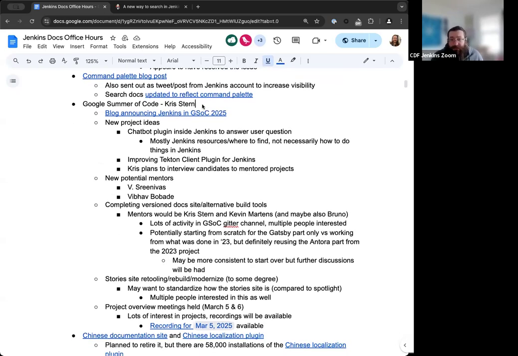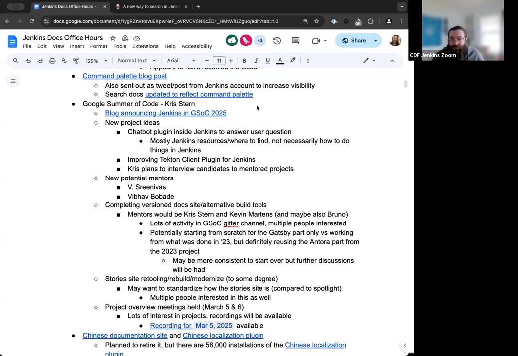Next up is Google Summer of Code. As I said at the beginning of the meeting, we just wrapped up the second of two project overview meetings. We had the first one yesterday and the second one today, going over the top 8 projects that we have for potentially including in Google Summer of Code 2025. That will be based on everything else that goes into it: contributor proposals, the work potential, what sort of interest is split between the different projects, et cetera.